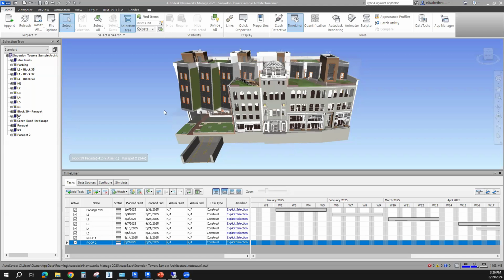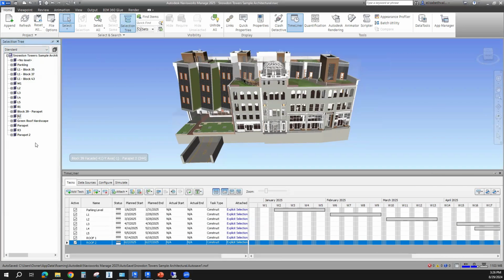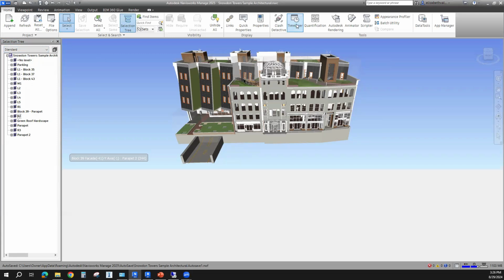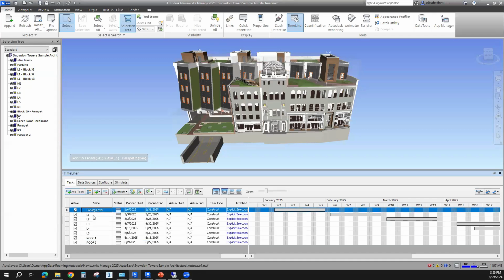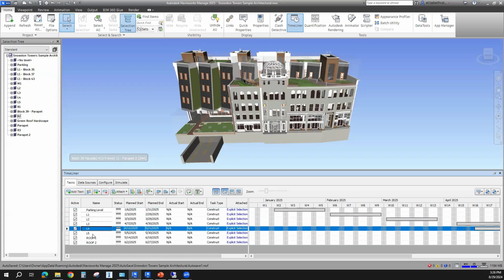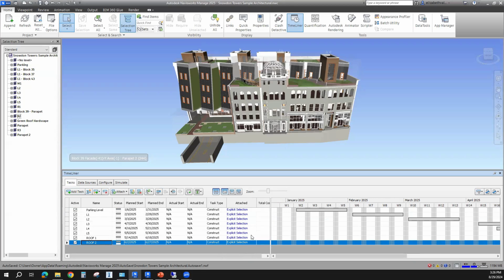Once your project is open, you can use the selection tree to take a look at all the levels in your project, and you can use the Timeliner to add tasks to the timeline. So I've already added parking level, level 1, 2, 3, 4, 5, roof level 1 and roof level 2. I've assigned the date that these levels will start construction and end construction. I've assigned all of them the task type construction,